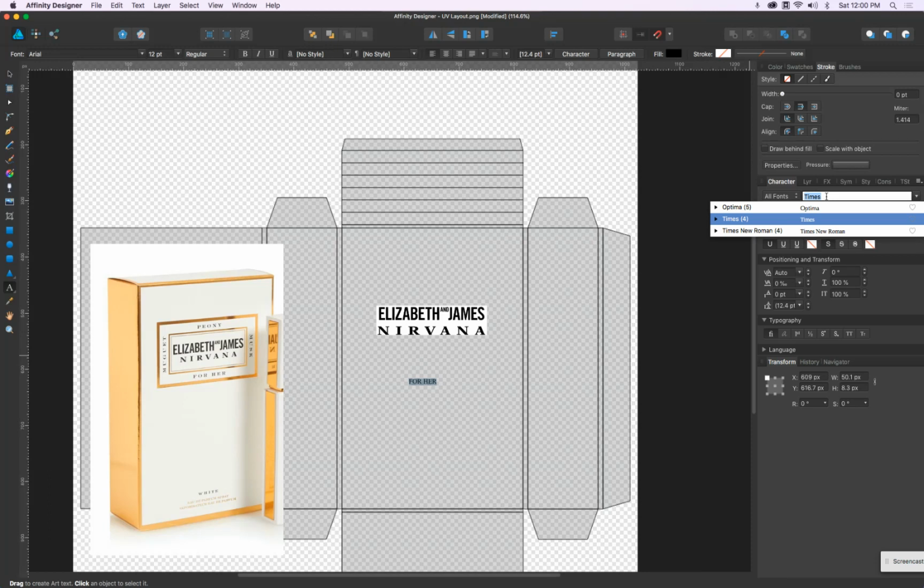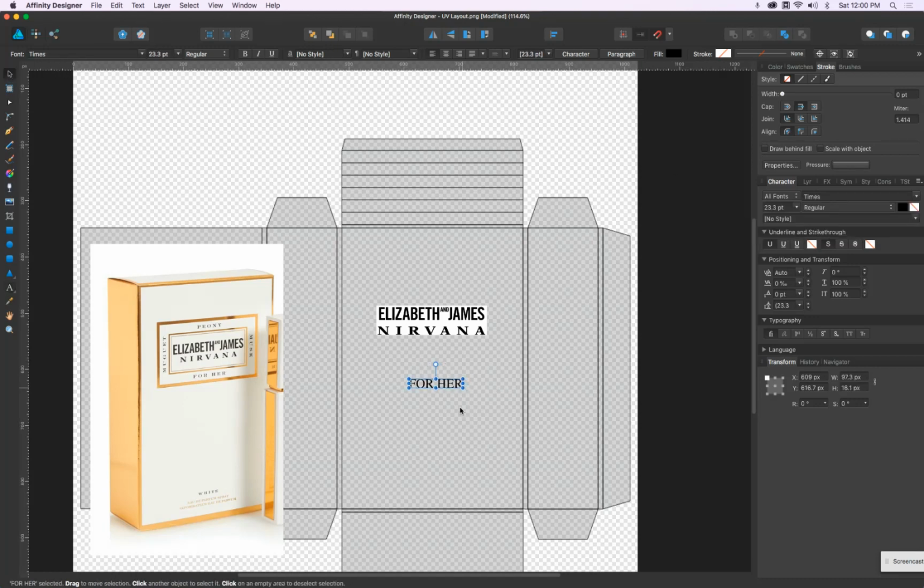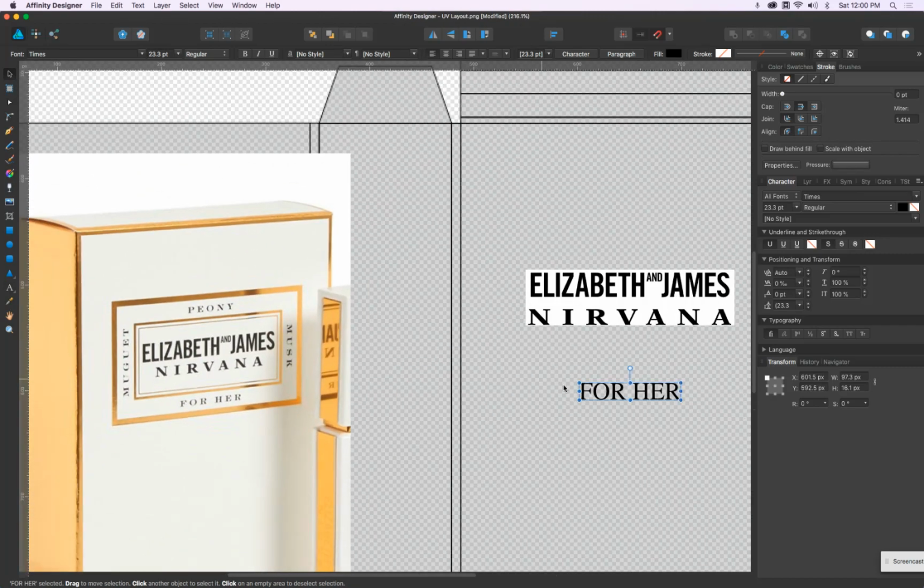It's not the correct font, but it's okay for the moment because it's just an exercise. Peony, okay, zip, make a copy there. There's a little bit of spacing in the letters, so we can go to